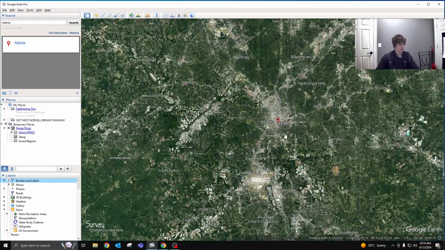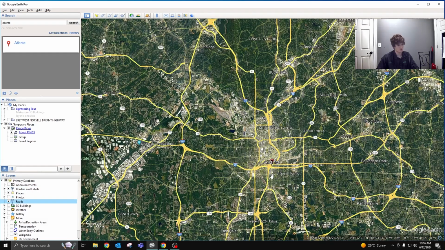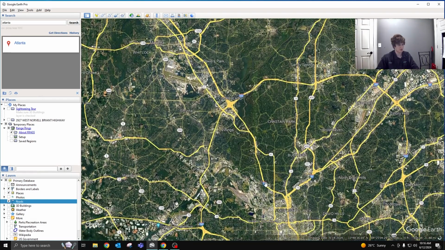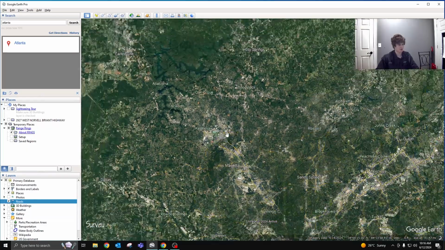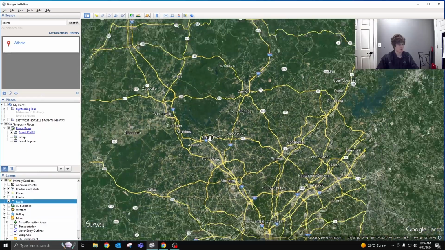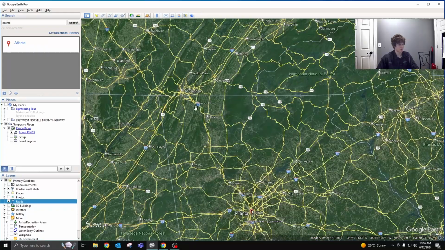So we're going to be looking for the interstate heading all the way up. Right there, roads. We're following I-75, this primary 575, 75, following all this all the way up to the Tennessee